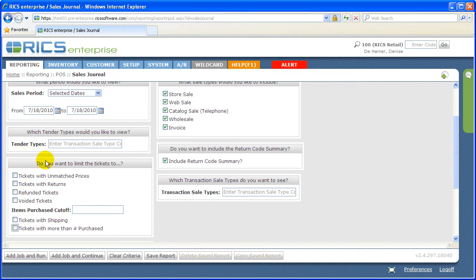Then I go down to, do you want to limit the tickets to? So there's different selections that we can make. Tickets with unmatched prices. If I changed a price on the POS, maybe there was a SKU that the retail price was $99 and I changed the price to $50, it would let me know which items were unmatched. So I could approach the cashier or manager and find out why we had these unmatched prices for discounts or